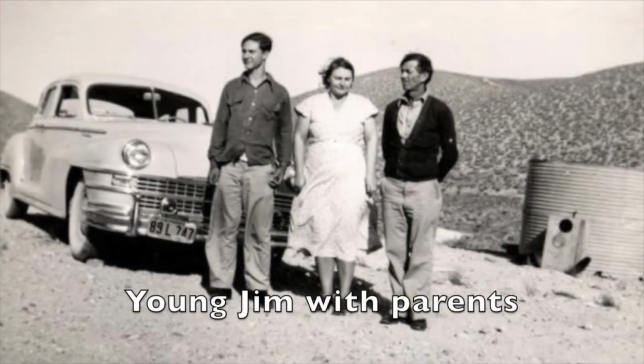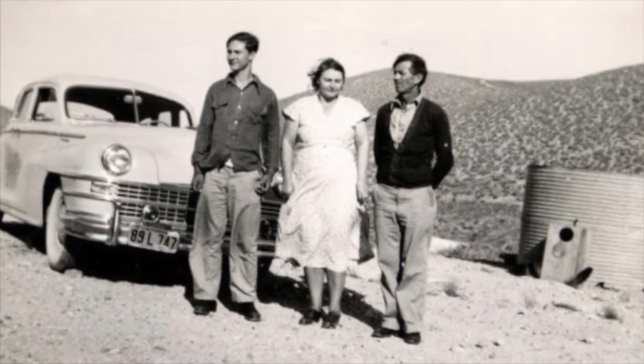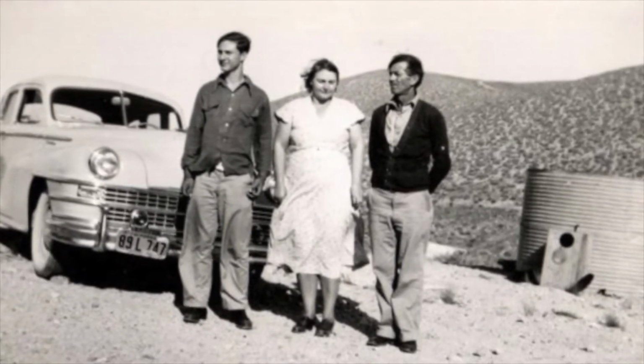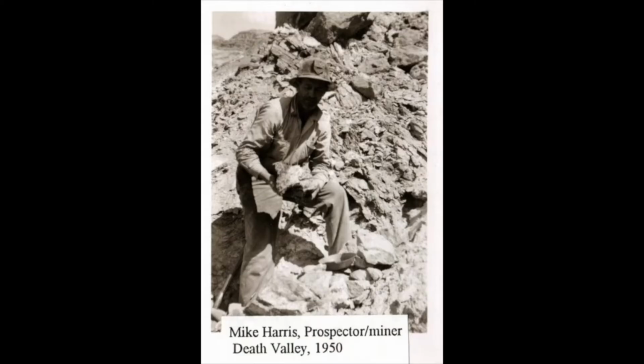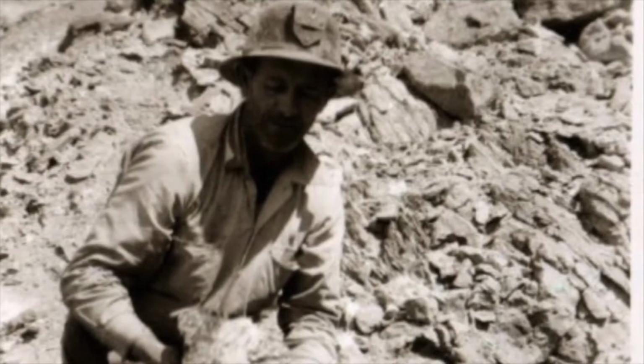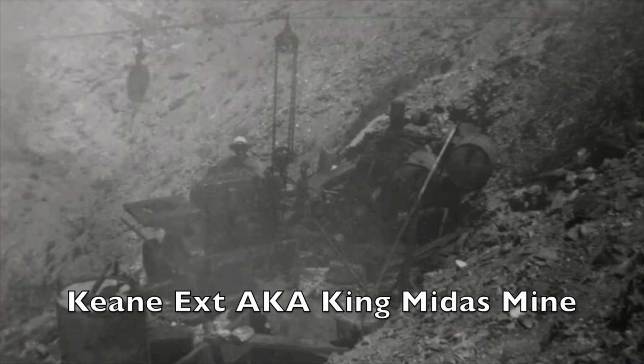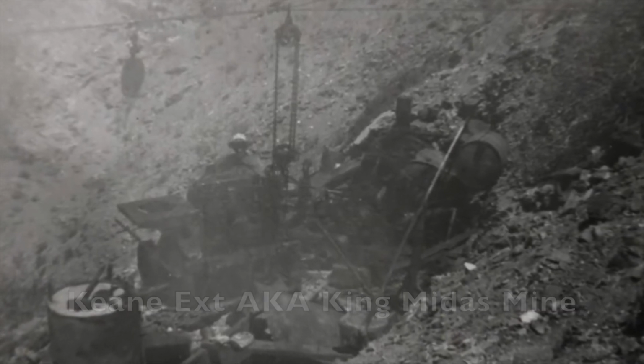This is James Harris. My friends call me Jim Harris, and my father was Michael Joseph Harris, and we operated this gold mine 70 years ago. I'm 91, and I believe I'm the last surviving one that worked in the mines of Death Valley. We operated this mine from 1949 to 51, when I joined the Navy during the Korean War, so I didn't want to be drafted in the Army. My dad operated this mine by himself